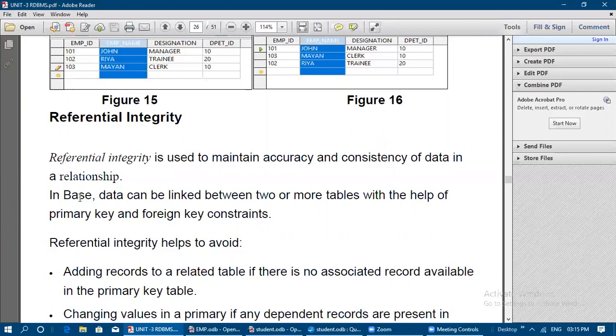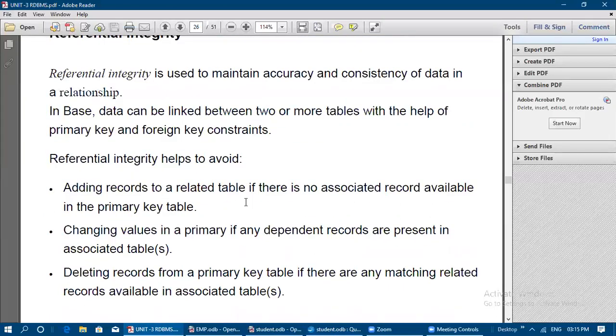So in OpenOffice Base, data can be linked between two or more tables with the help of primary key and foreign key constraints. So referential integrity helps to avoid certain things. What all will it not allow us to do? When we are adding records to a related table, if there is no associated record available in the primary key table, but we are trying to add the records newly to the related, referenced table, referential integrity won't allow it.